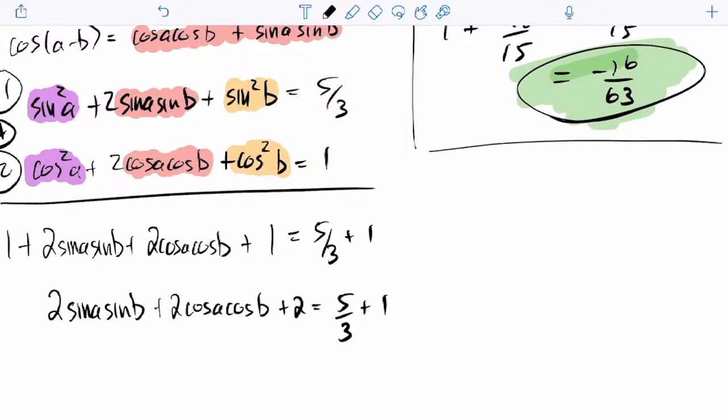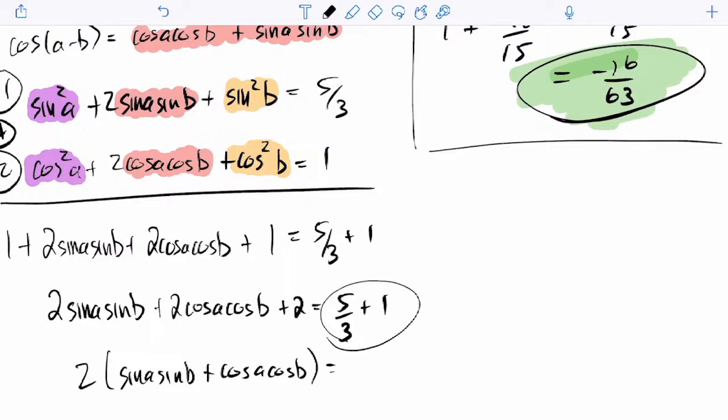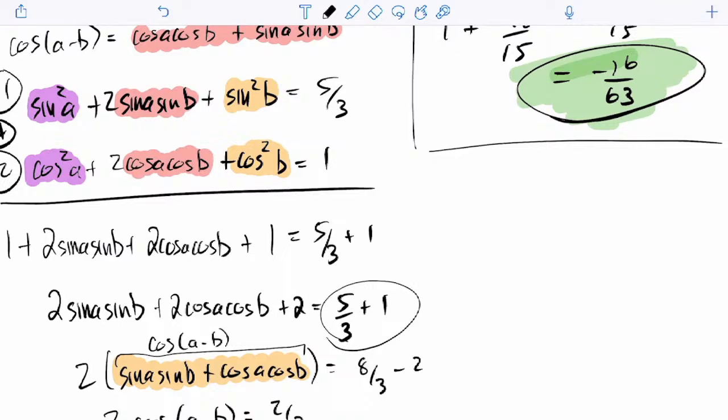But now if I go to solve this, for mine, this becomes 2 sine A sine B plus, I can factor out that 2 cos A cos B. The 5/3 plus the 1 becomes 8/3 minus 2. So you can see here, this is my cos of a minus b formula. So therefore I have 2 cos of a minus b is equal to 2/3, and then divide out by 2, you get a minus b is 1/3, and that's your answer